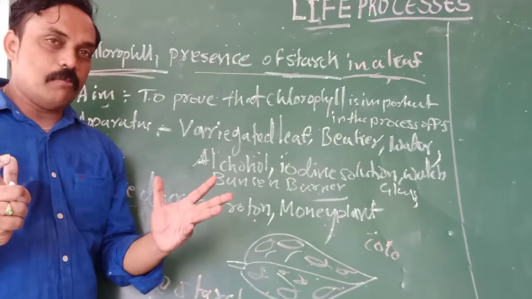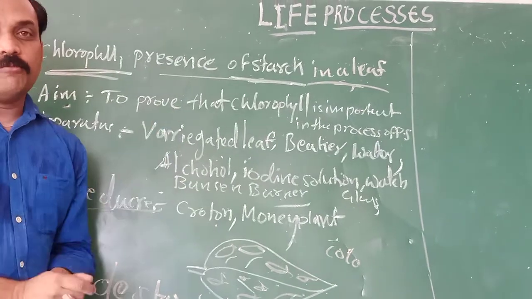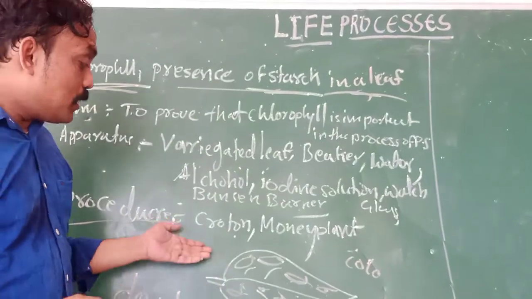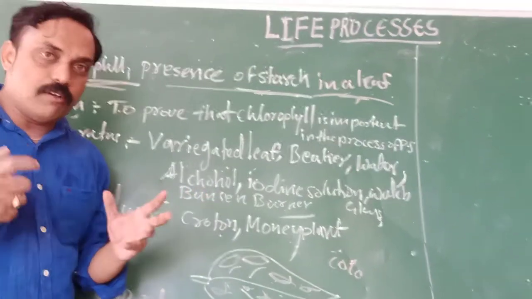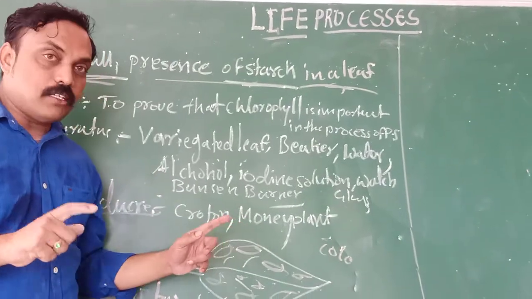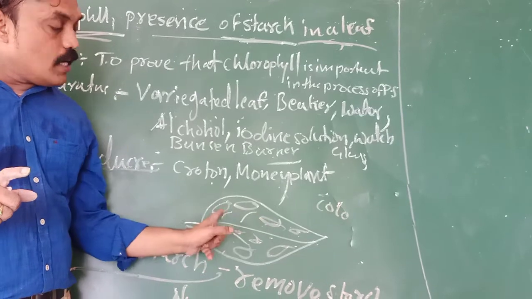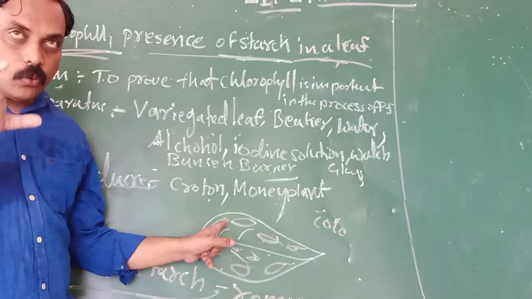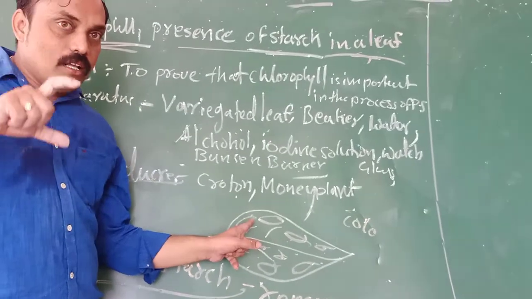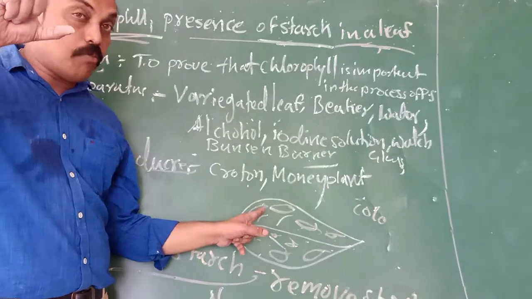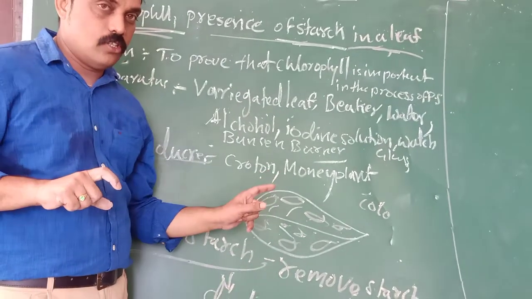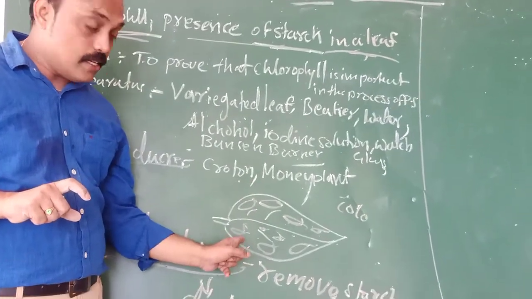Those who have a money plant at home, some people believe they will have more money, somebody believes like that. But here you have to choose a money plant. You know very well what a money plant is. If you observe the money plant, the leaf is variegated. What is variegated? It is not in equal color. The total leaf is not green. Some yellow patches, some brown patches are observed. That is what we call a variegated leaf.